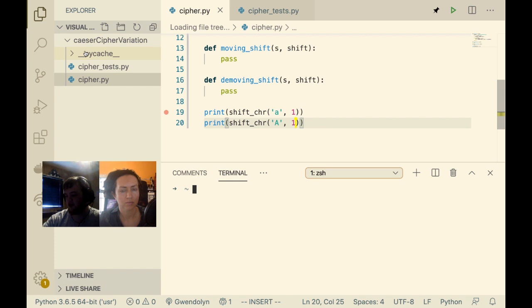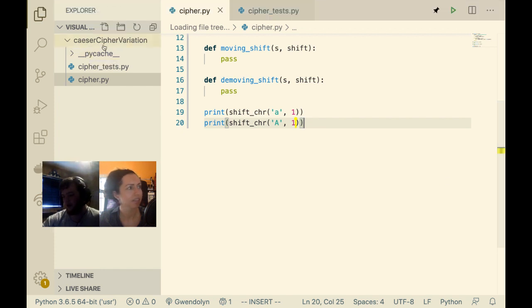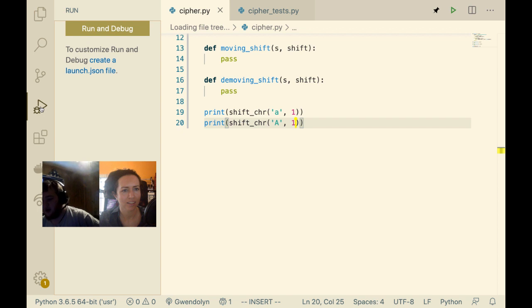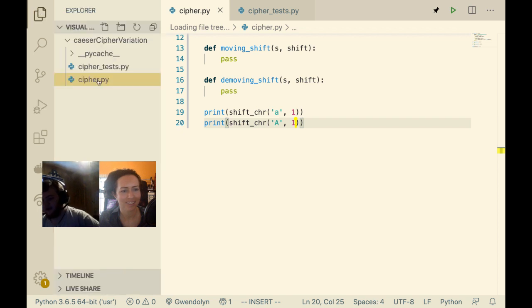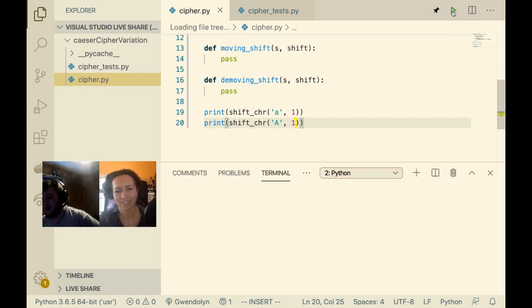Just close the terminal and go up to the play button on the right side of the tabs, the tabs that say Cipher.py or whatever. It's in the top right of VS Code. You'll see a green play button. Press that. That should just run the code, I believe.